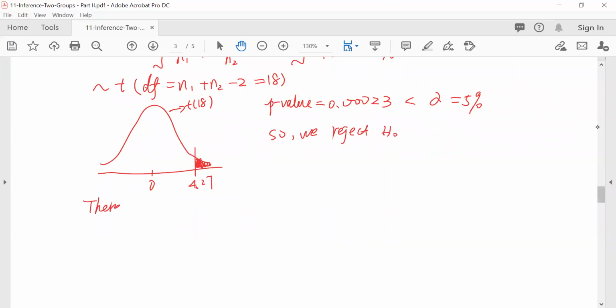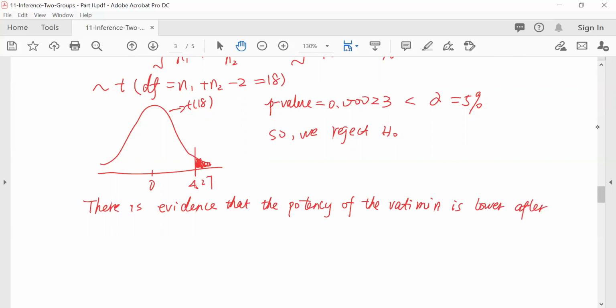There is evidence that the potency of the vitamin is lower after being stored